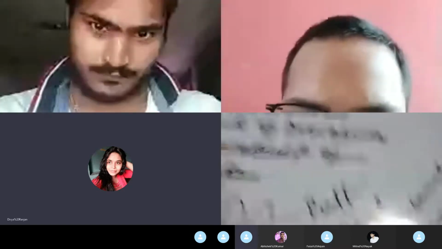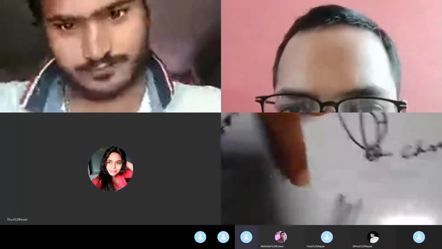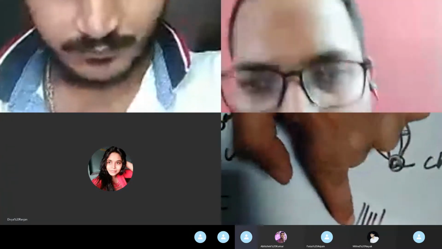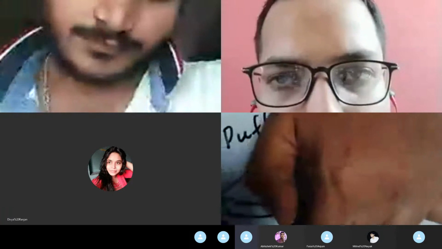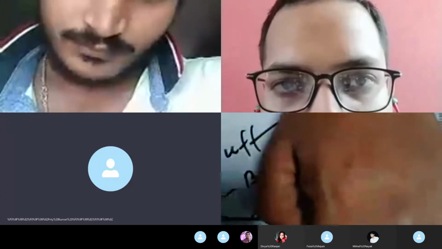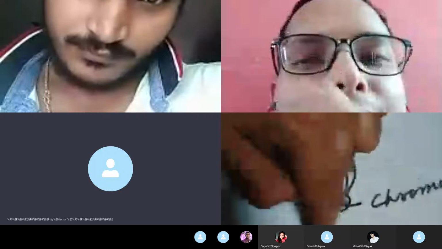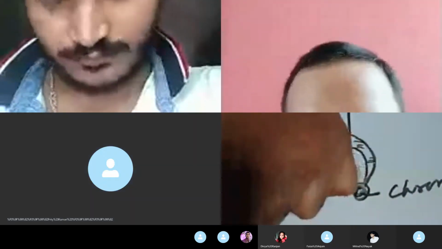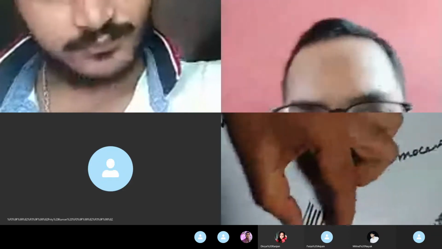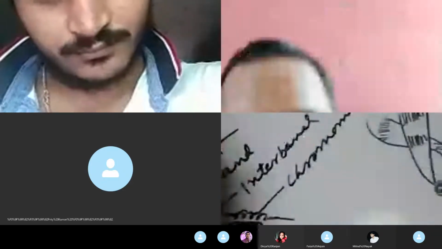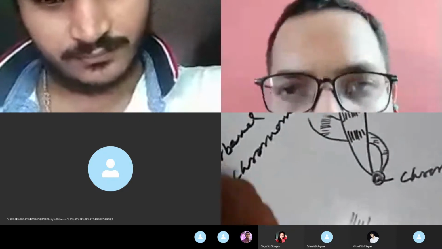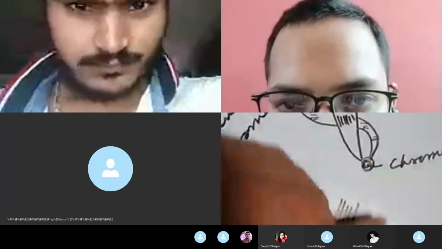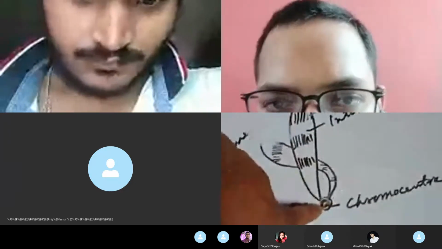Look here, I have shown here the normal chromosome of the Drosophila. I have also shown the structure formed as a result. What happens here? There are a number of chromatids, and all these chromatids are present together, and the centromeres of all the chromosomes come to the center, and a special structure is formed. That structure is known as the chromocenter. I have also shown here the chromocenter.